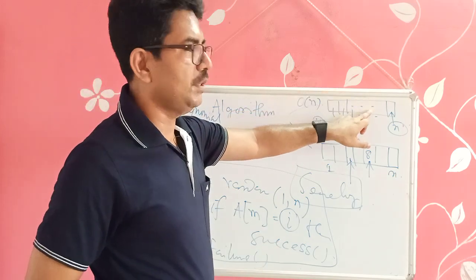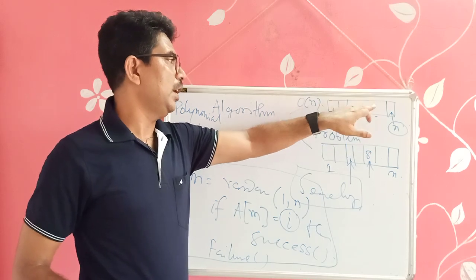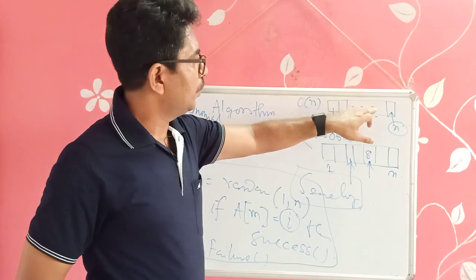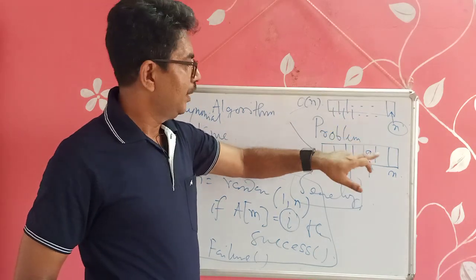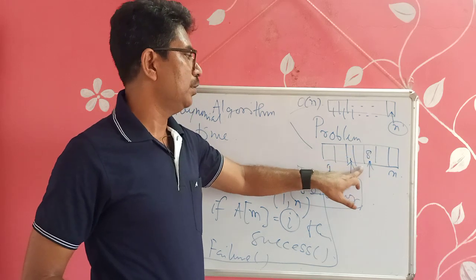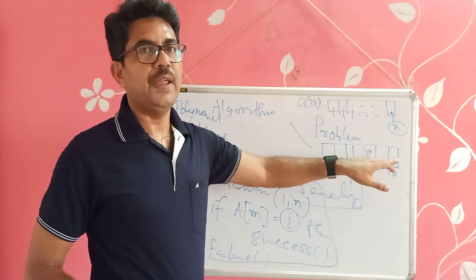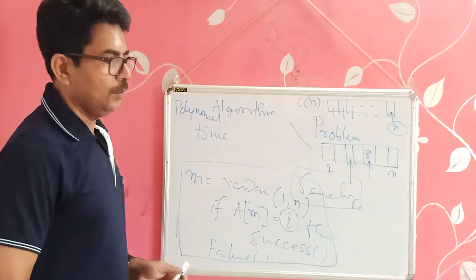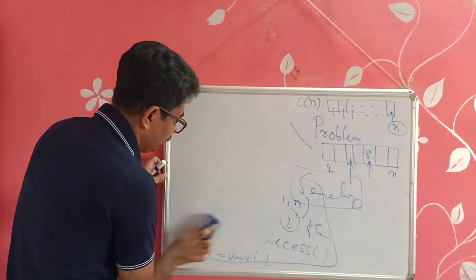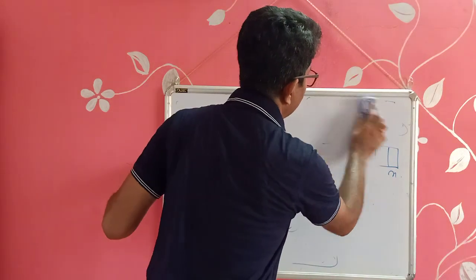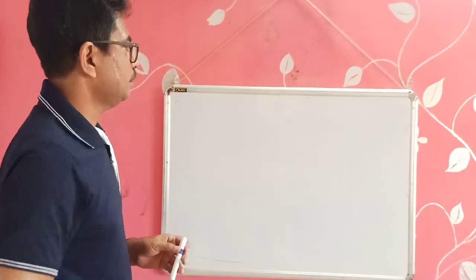One is deterministic, another is non-deterministic. Got it? Deterministic means in each step for the same instance we will always get the same output. Here, for the same problem and same input, we may get different output. Therefore, we have two different kinds of solutions: one is known as deterministic, another is known as non-deterministic. Hope this is clear.